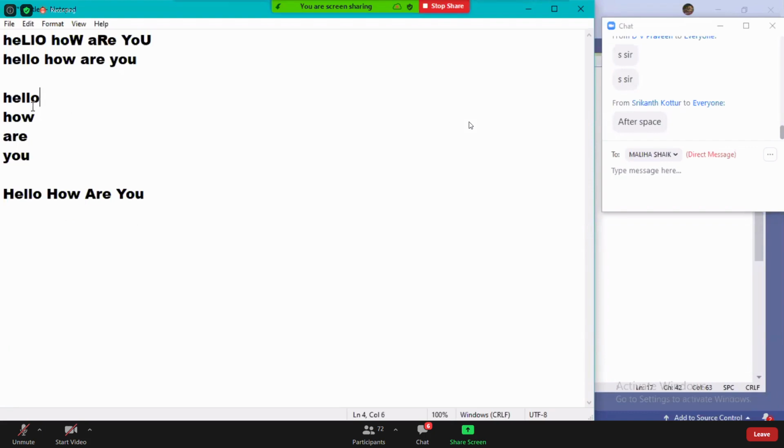So basically, I cannot convert a particular character in a string into uppercase, guys. I cannot manipulate a particular character in a word.